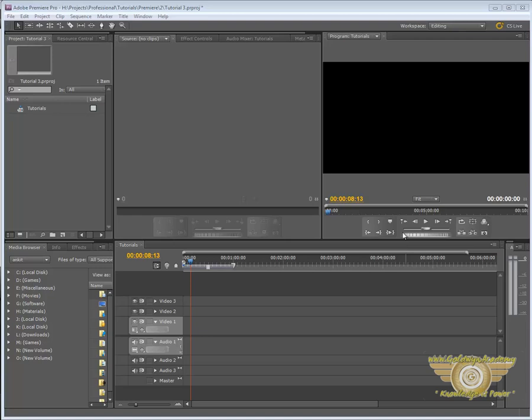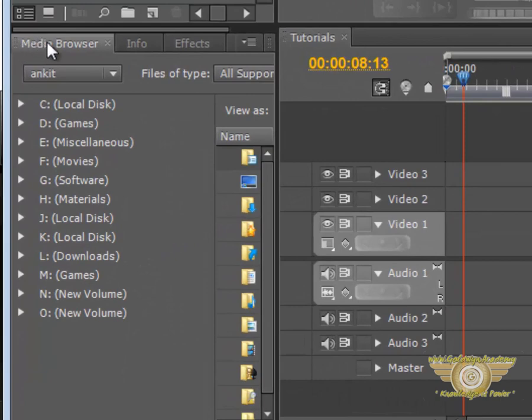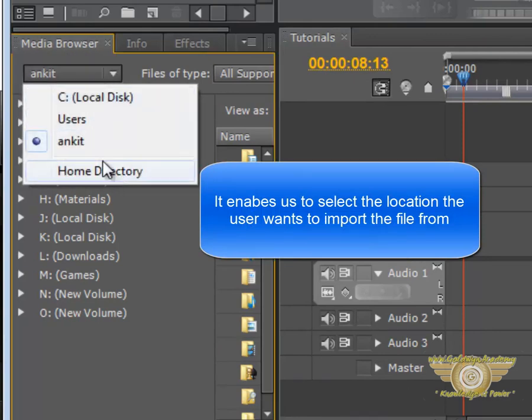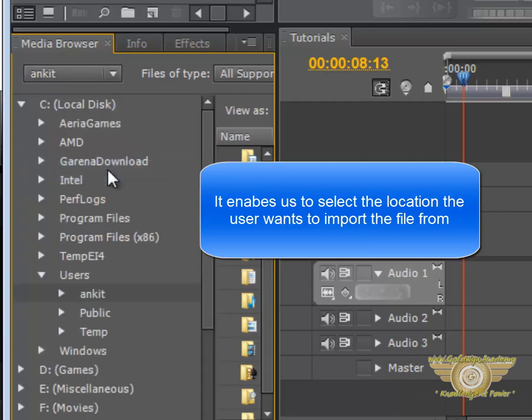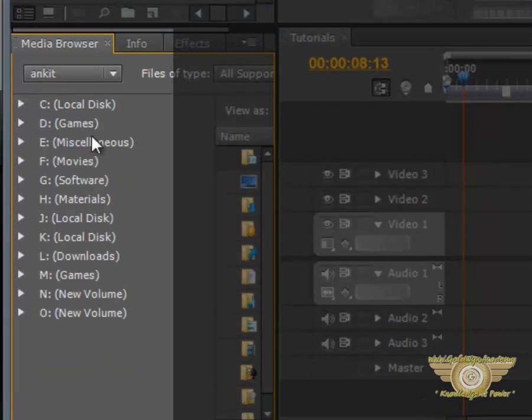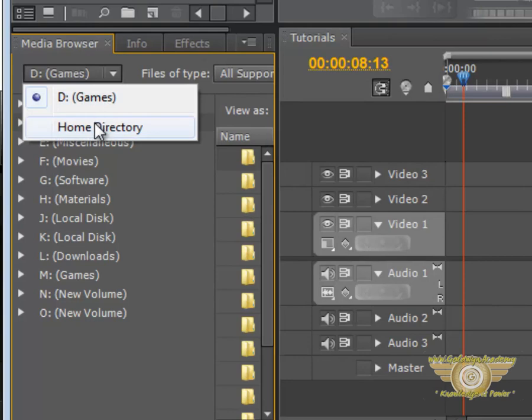As we have discussed in the previous tutorials, we have the media browser panel over here. So if we just click on the media browser, we can select from here where we want this to be. We can select the home directory. The home directory is the home directory for your user, or you can select any of the drives that you have, C, D, E, or any number of drives that you have. We can select them, go inside of them, and then import the media. For now, I will select the home directory,